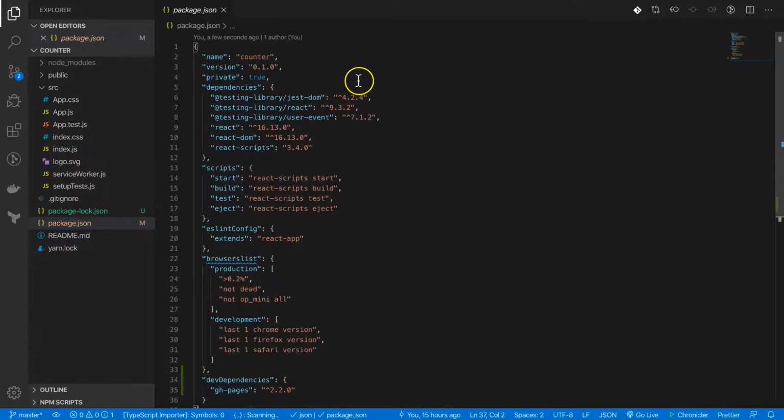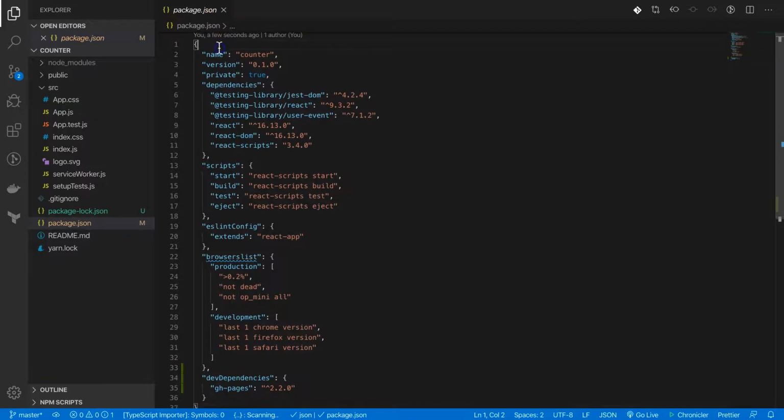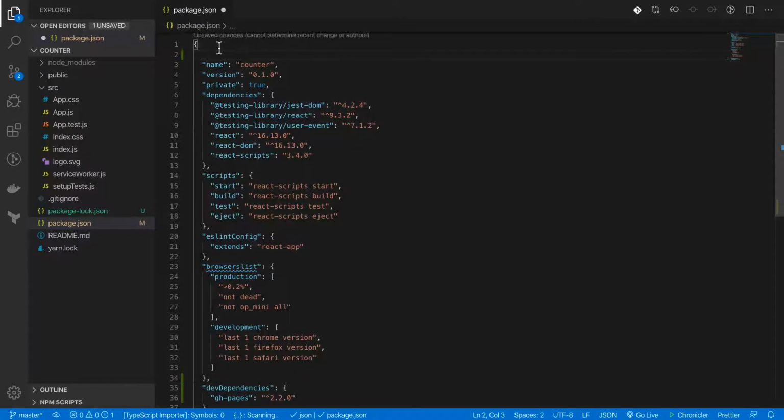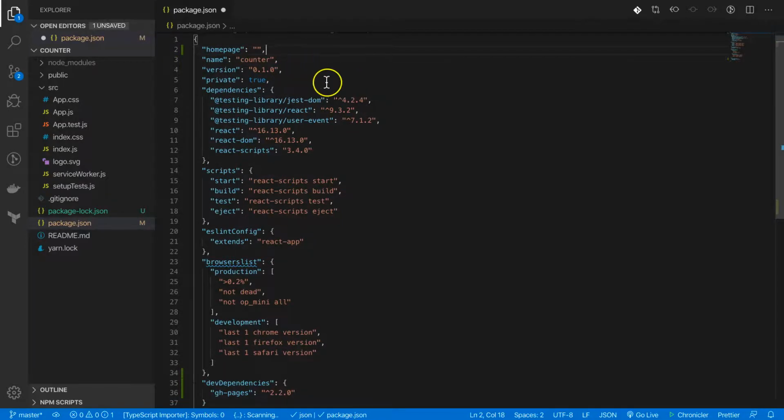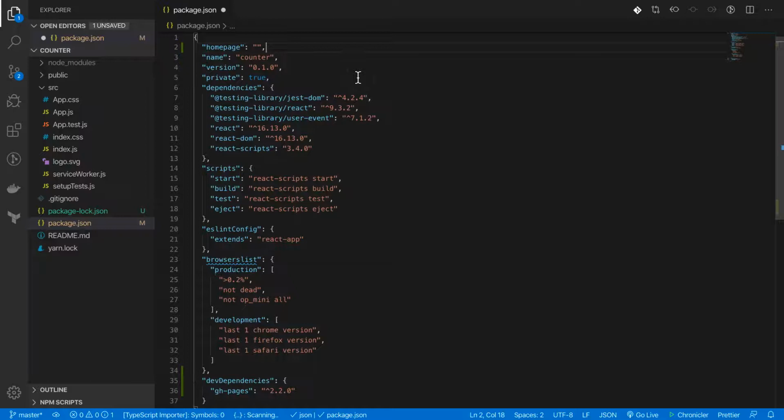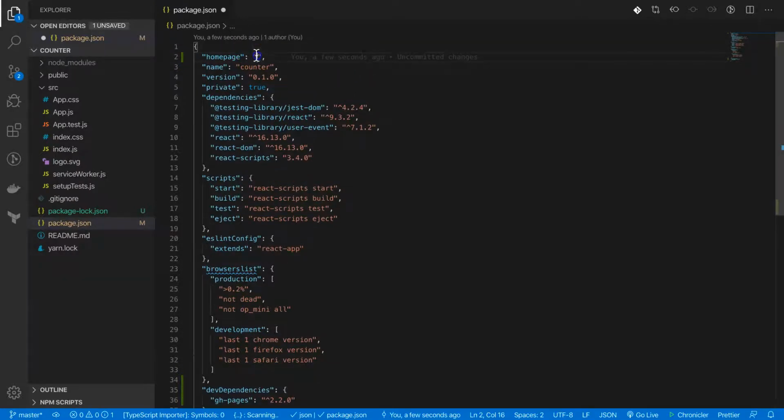Now we need to add some configurations right here. The first thing I'm going to add is the homepage property. So add a new property, probably at the top here, call it homepage, and this is going to be the homepage for the app that we want to host using GitHub Pages. And we are going to use the URL